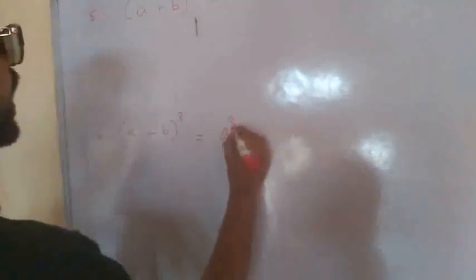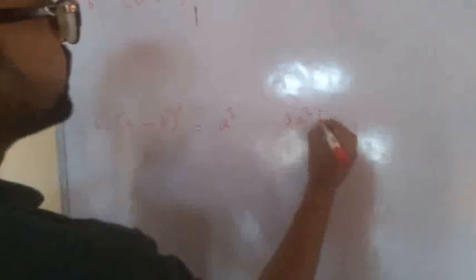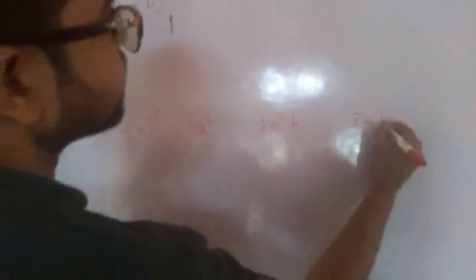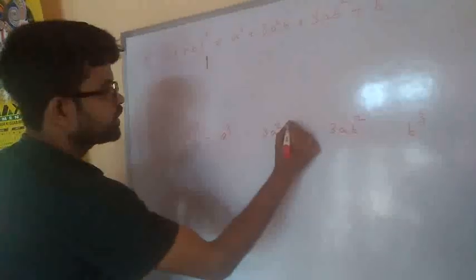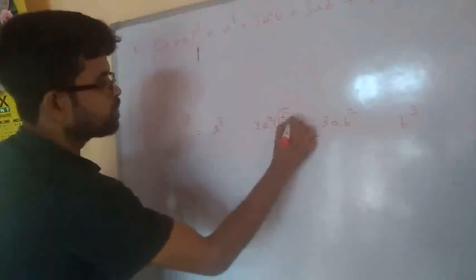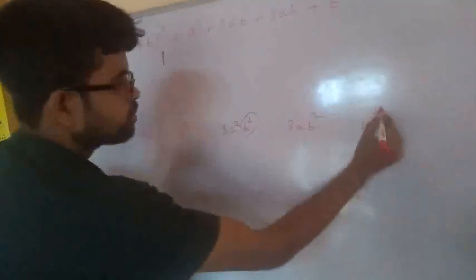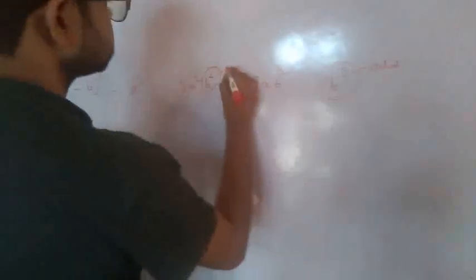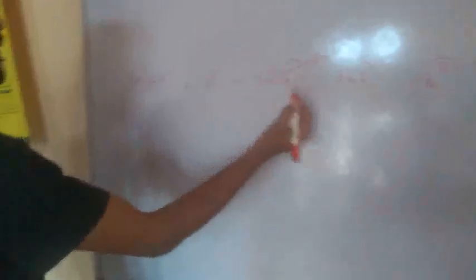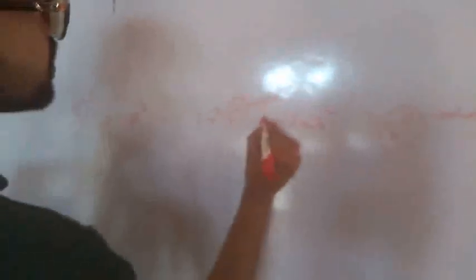So you will get a cube, thrice a square b, thrice a b square, and b cube. But the thing is that wherever the power of b is odd, so here we have, here nothing means 1, so here the power is odd, here the power is odd. So wherever the power is odd,